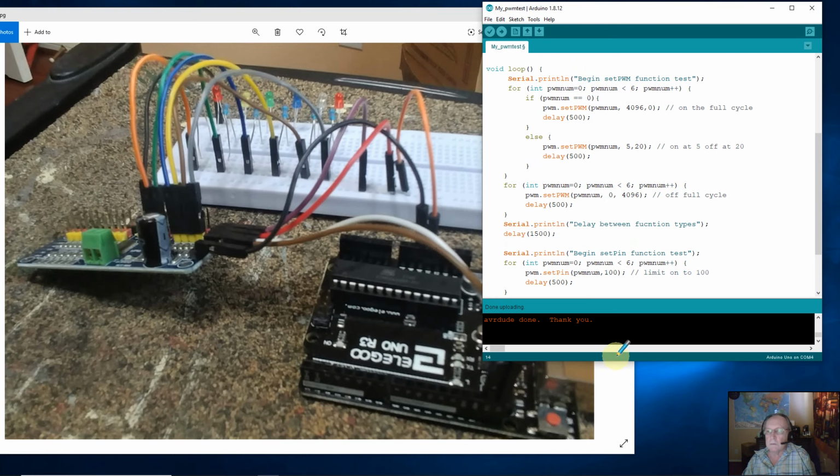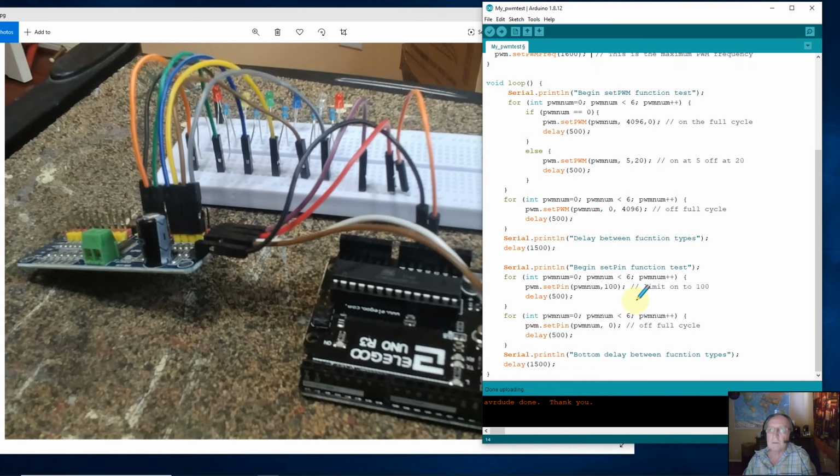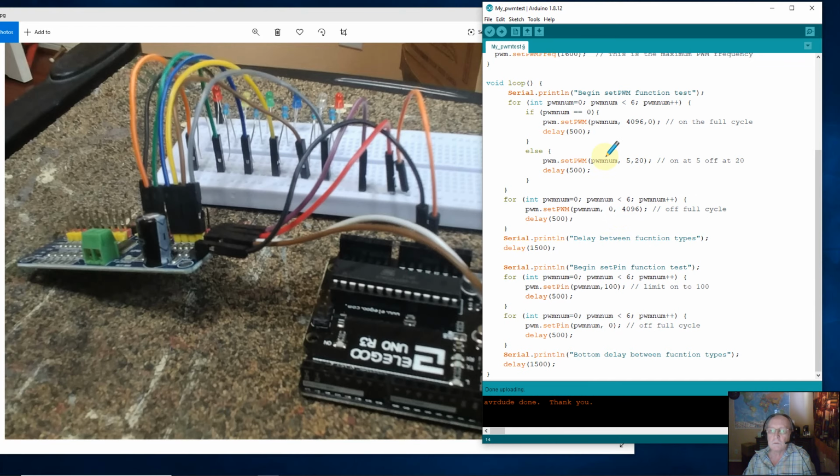Now, the loop's not real long in this set of code. Let me span this down just a little bit longer. Maybe I can, there we go. Got it all the way out for you so you can see the whole loop. All right, so if we start the loop here, we drop all the way down here. Everything inside of that gets repeated over and over. Serial print, so I'm going to send this out to my monitor. Begin set